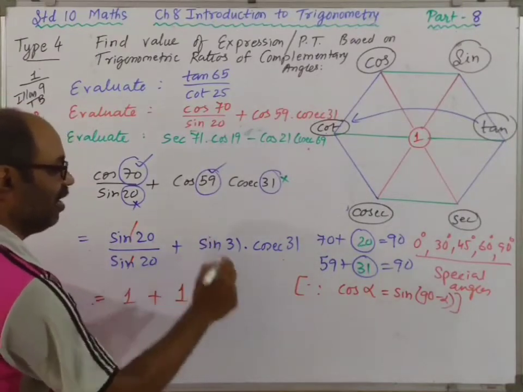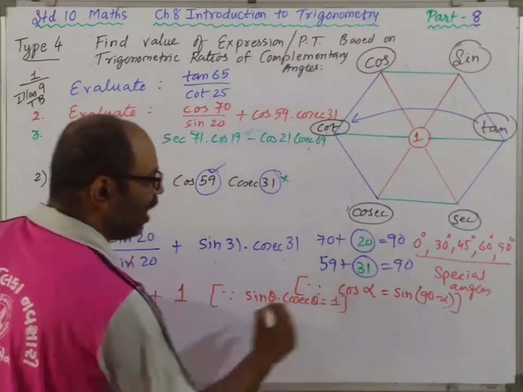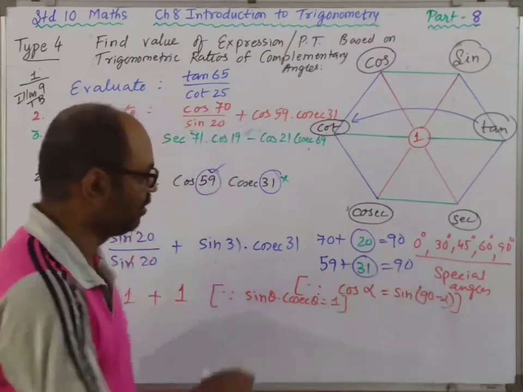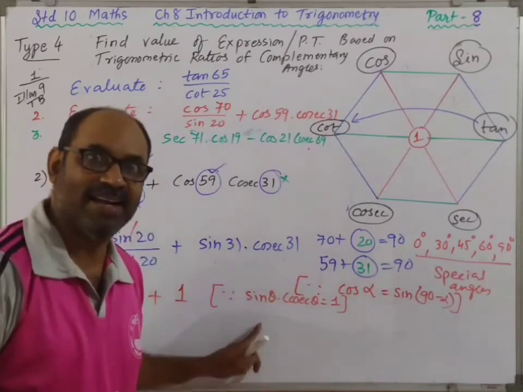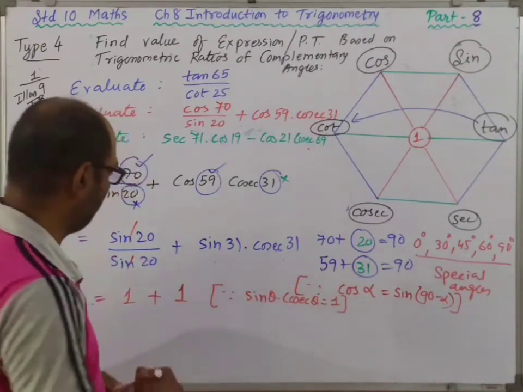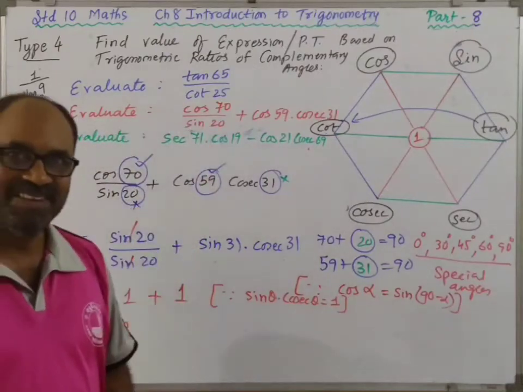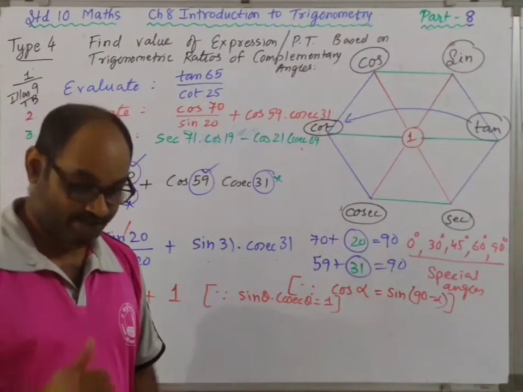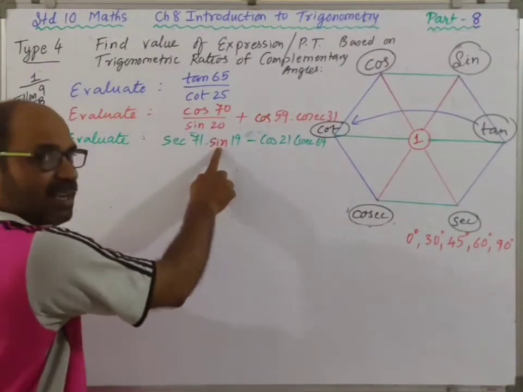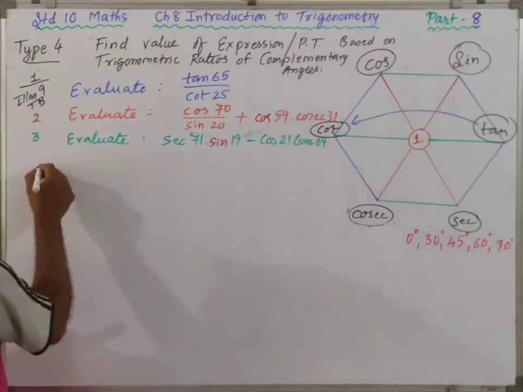You have to write the reason, because sine theta into cosec theta is equal to 1. If you don't write this reason, you can write trigonometric ratios of complementary angles, here the interrelationship, by trigonometric ratios of complementary angles. You can write that also. Now what is 1 plus 1? 2. So that is the value of the second sum. Clear to you? Understood? Okay children. Now moving on to the third one. Earlier it was cos here which was wrong in the statement, so I just corrected the question. Now solution 3.